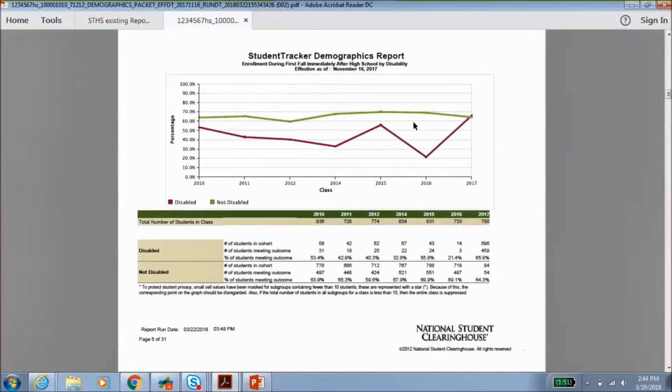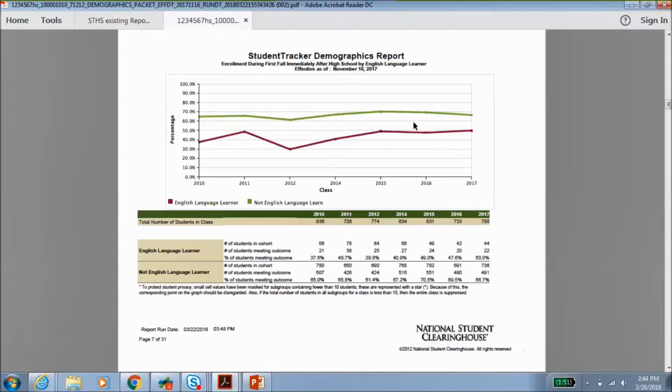This one shows you the breakout by disability. And this is one that you define. We don't give any explanations of what you should use. It's basically determined by how you would define it at your school or at your school district. English language learner,